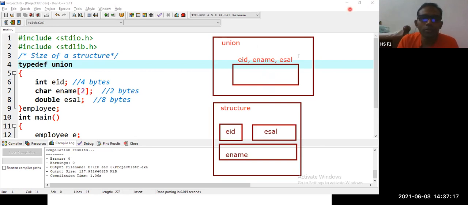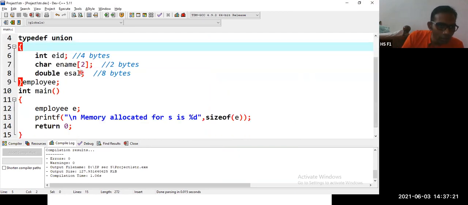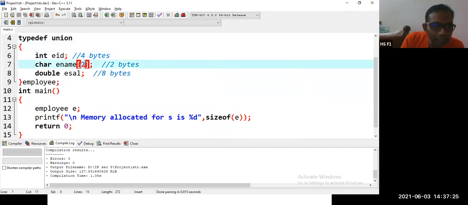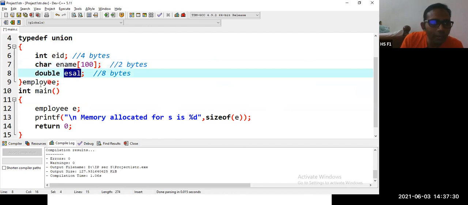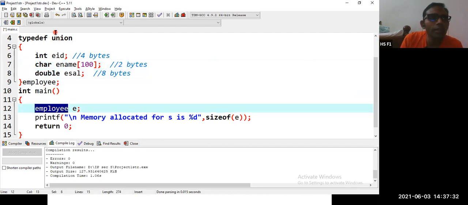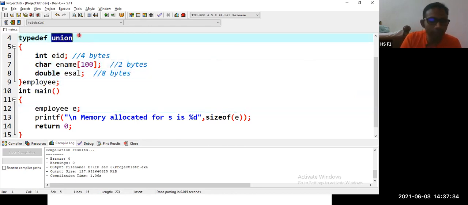Okay, so let us go with this union example. Let me clear. We have EID, E-name, let us make it 100 bytes, then E-salary. Employee is the new one. Let us first try with struct, structure employee.